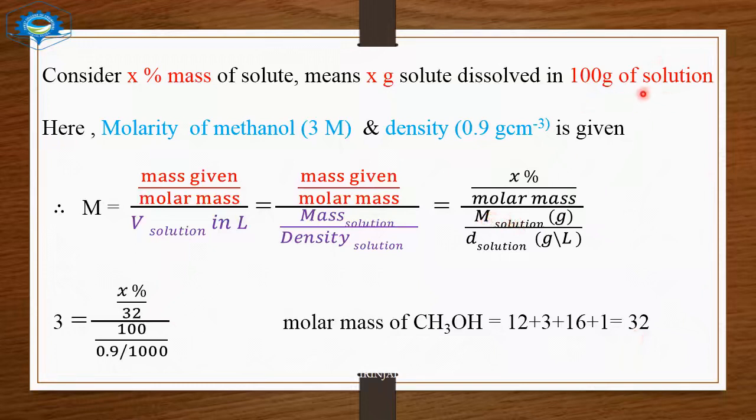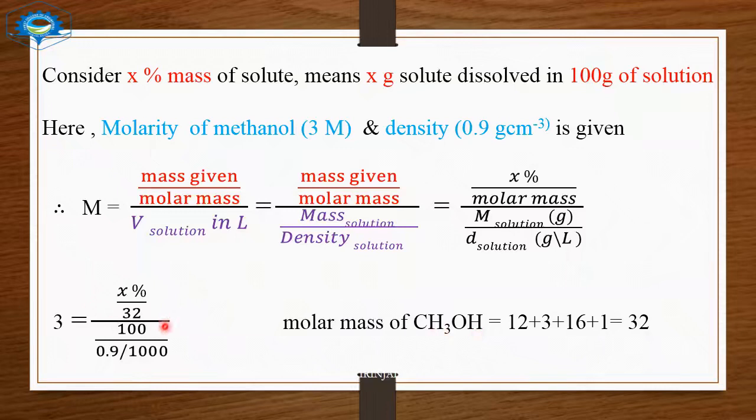The mass of solution we consider 100 gram. X percentage, that is X gram in 100 gram. So mass of solution is 100. Density is already given. Then we have to find X percentage. So substitute all the values. Molarity 3. Mass given, which we have to find, that is X percentage or X gram, divided by molar mass of methanol 32,